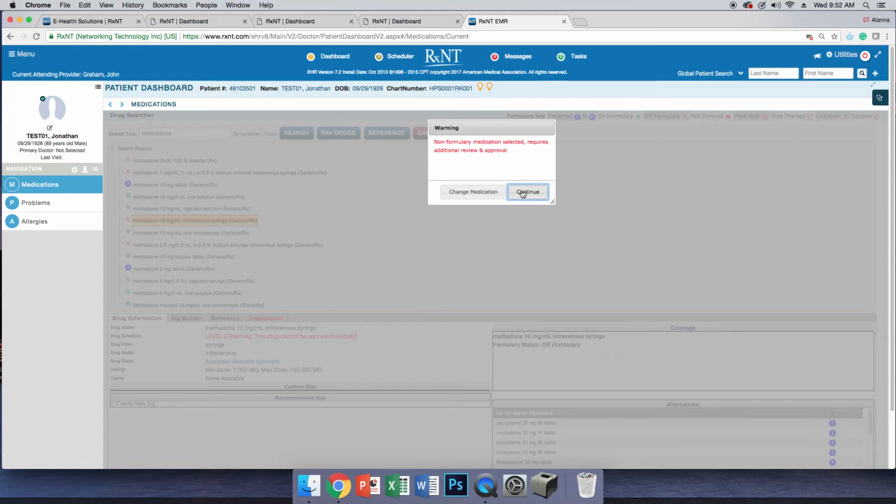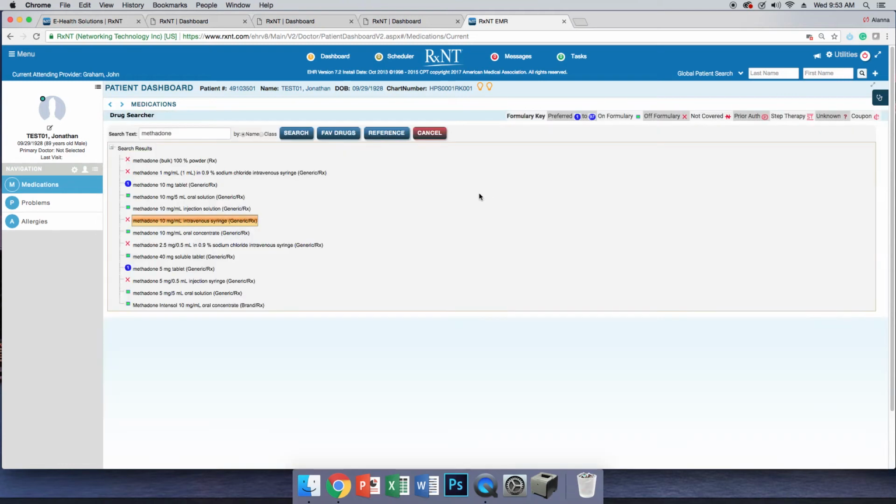leadership, and they would then be able to review that selection. But you can still continue with creating that order. But we can also select Change Medication. Takes us back to that original screen where we can then select the medication that's on formulary, and that's indicated with the green box. The other options listed here is the blue circle with the number, which shows us a preferred medication. So we can simply click on the option, and from there it will drop us down on the